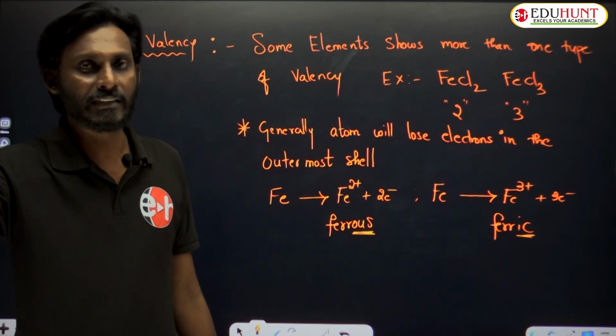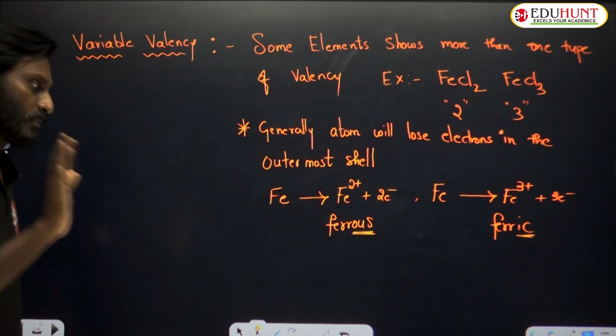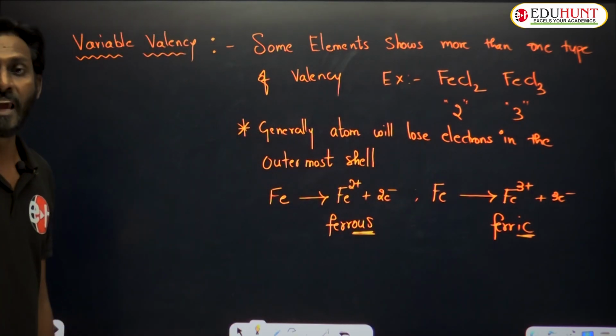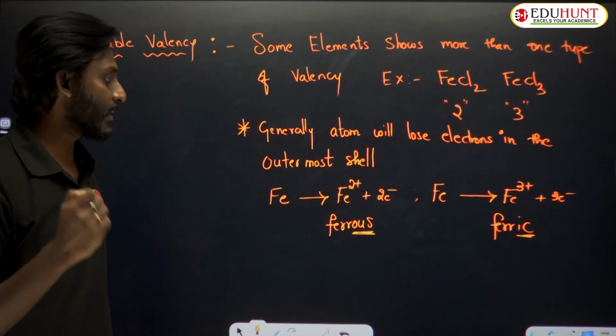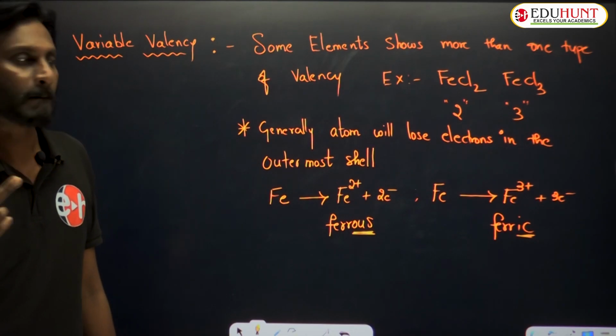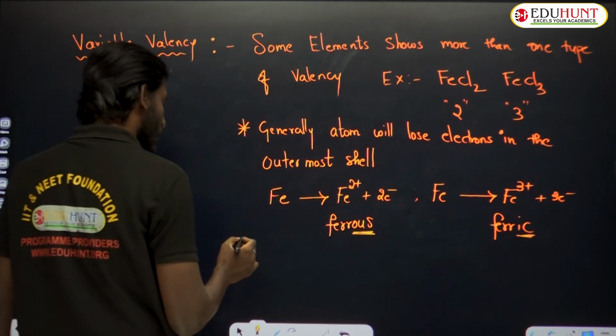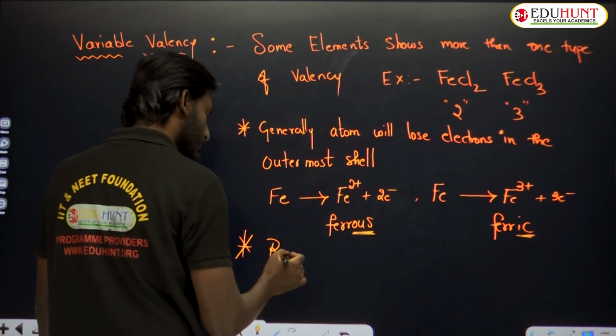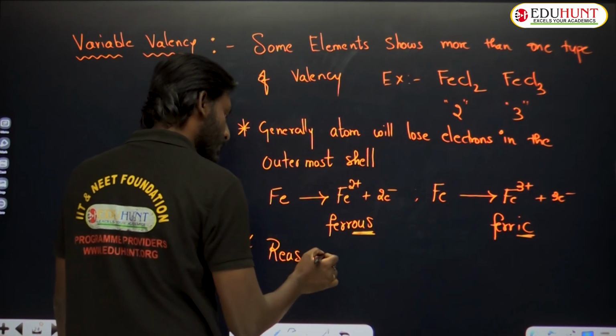You are going to learn it in the upcoming topics. So this is ferrous ion, ferric ion. So the same iron is going to show more than one type of valency. Now, what's the reason behind this? The reason behind this,